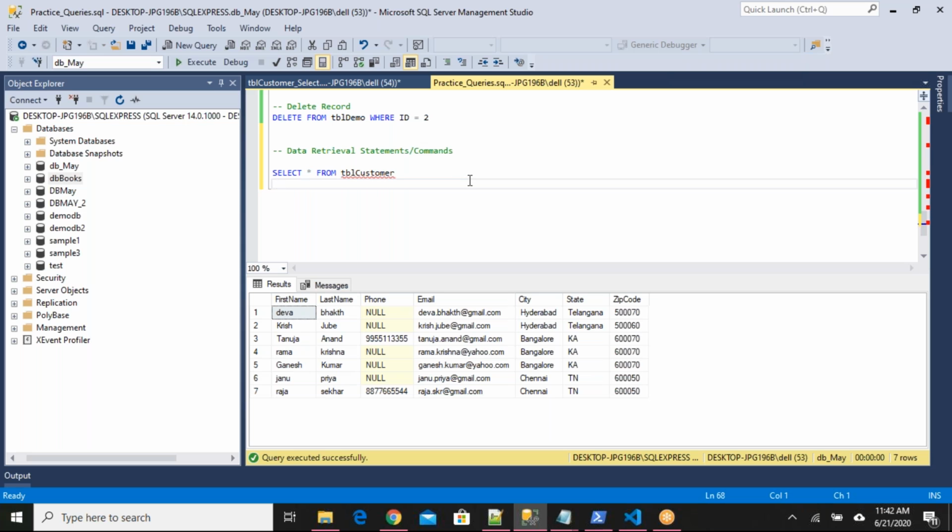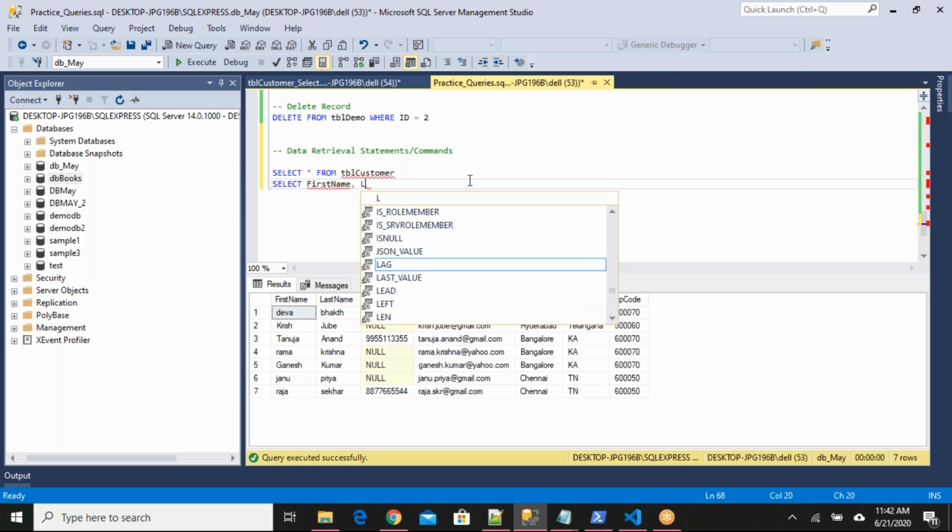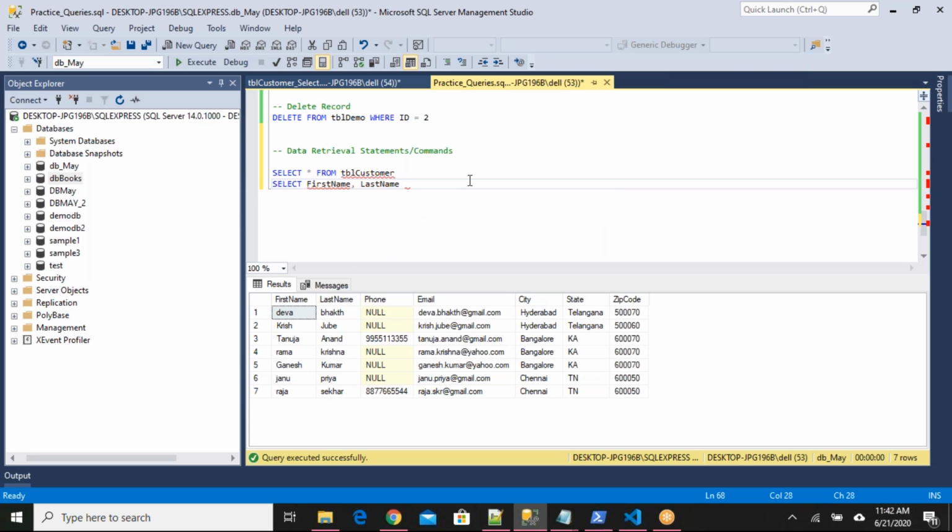then instead of star I can provide the column names. Let me write the query here: select first name, last name, email from TBL customer. If I write a query like this, what happens?